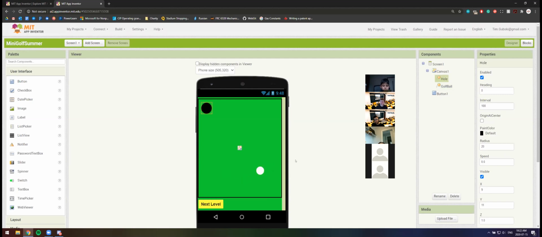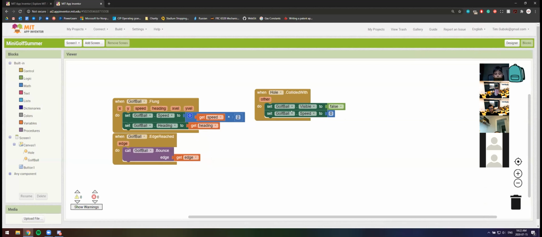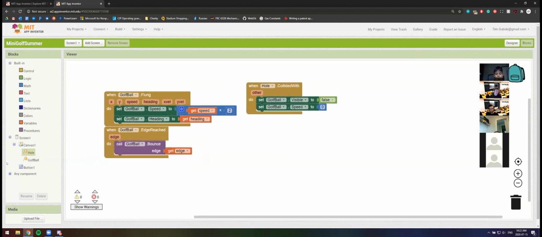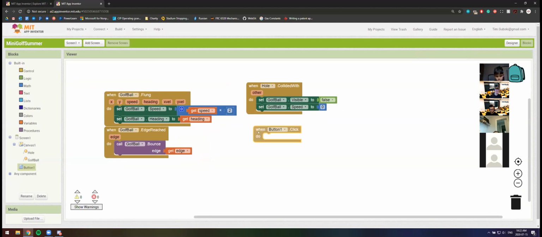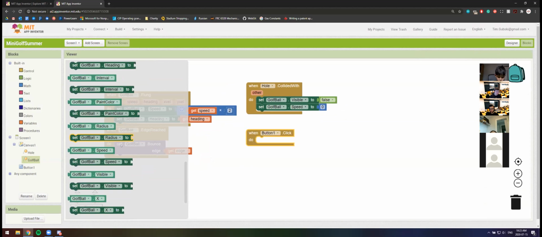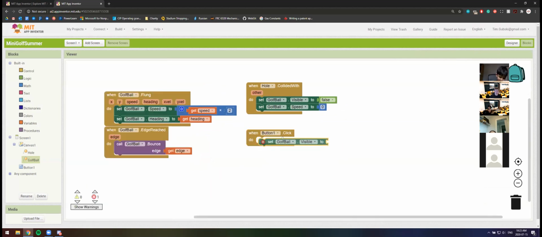Alrighty, so let's go to the blocks here, the block editor, and let's take a look at what we can add to ours. So I haven't actually added the challenge yet, so let me quickly do that. So when button 1 dot click, that's what we need to add, and then we're going to say golf ball dot set visible to true. Bam, there you go. So this was the main challenge for today,